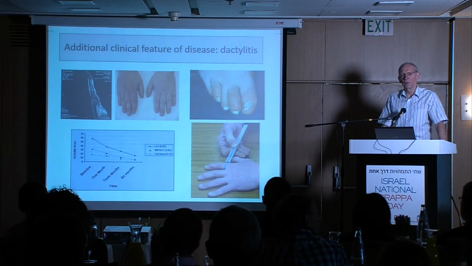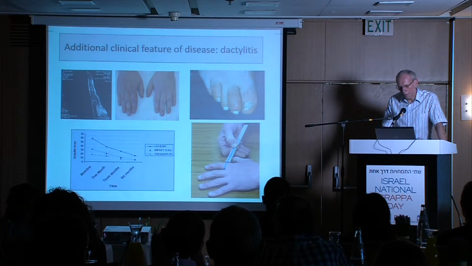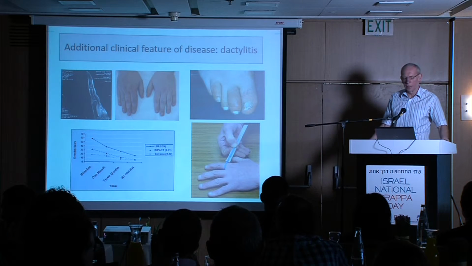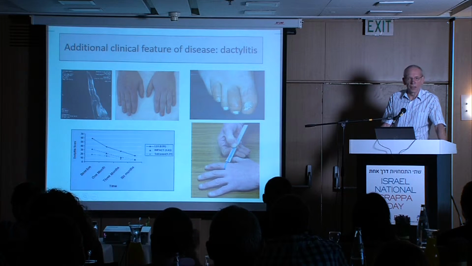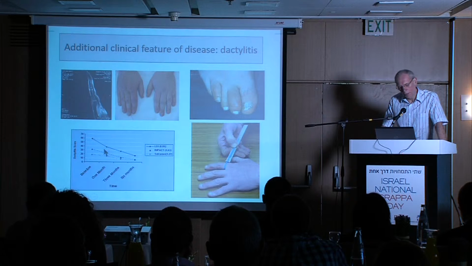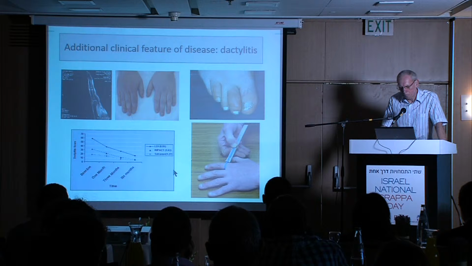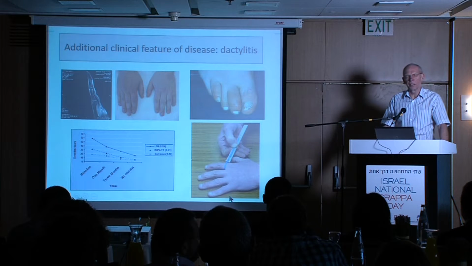allows you to accurately measure the girth of the base of the digit. And we've set a 10% cutoff for swelling in a particular digit. The other advantage of using this is that you can get a numerical figure for your dactylitis. And as you can see here on the left, if you treat people, then you show nice change with effect sizes. However, I think going forward, some people look at me and say to me, well, if you're using one